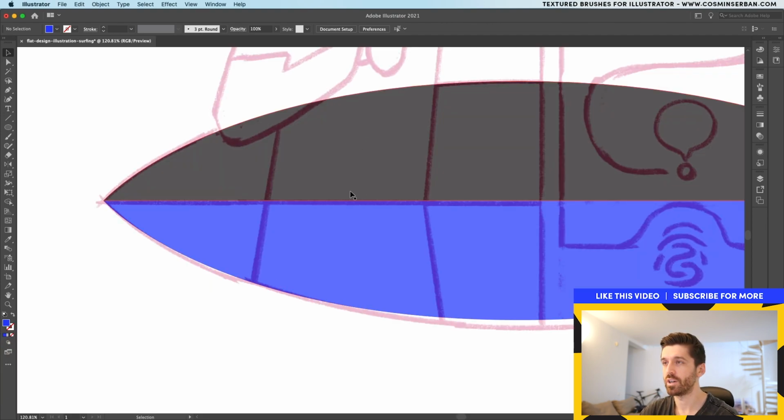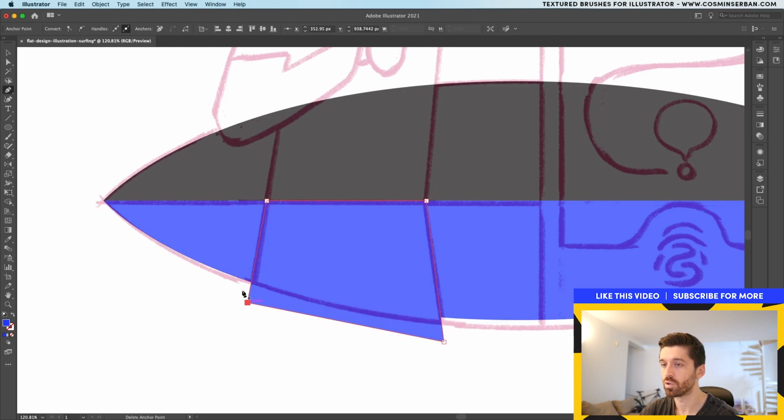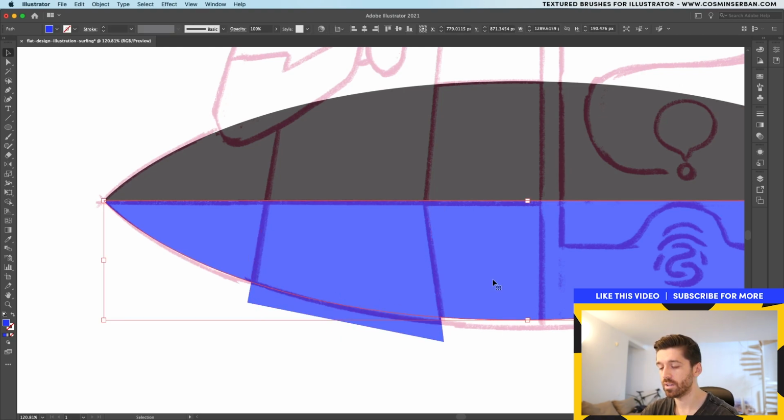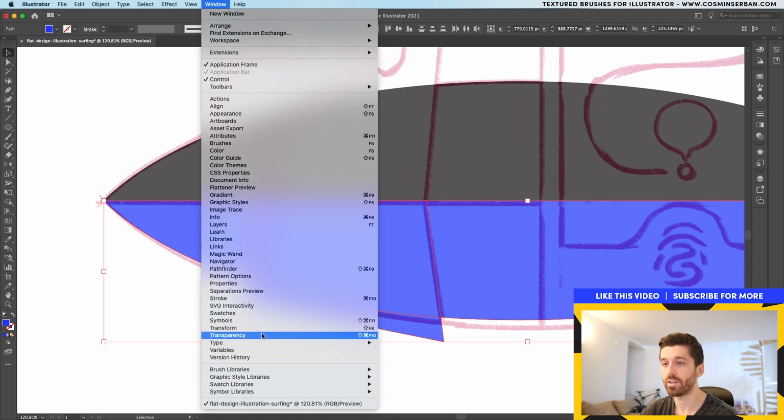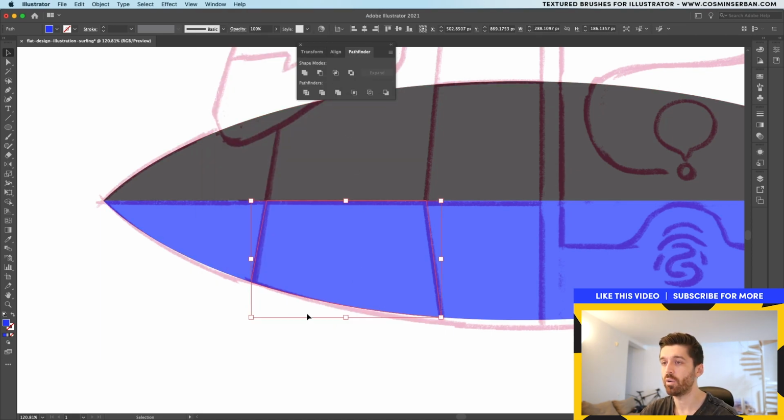I want to have some separation between the t-shirt and the pants, so I'm going to use different shapes for that. I'll start with the pen tool and actually draw something over here that follows along the sketch but goes over the initial surfboard. With the surfboard, I'll actually Command C and Command F to make a copy and paste it in front, and then with all of these selected, go to Window, Pathfinder and hit Intersect. That way you'll only have this particular shape left.